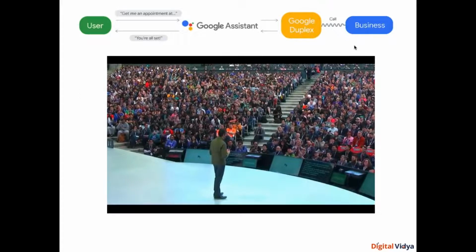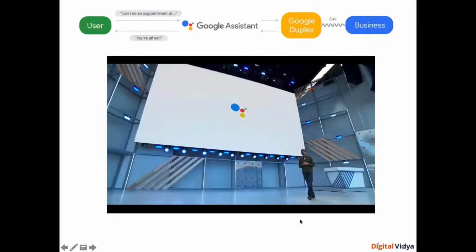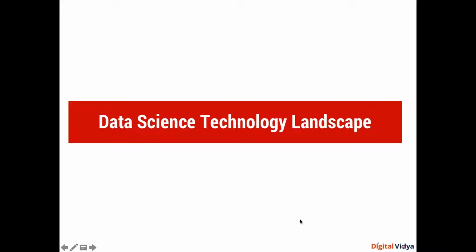Great. So I hope you just got an idea of where we are heading towards in the future. If these kinds of applications are there, what kind of jobs are going to stay and what kind of jobs are not going to stay in the industry? So till this point, my objective was that you get an idea of what is happening in this area. And now we'll take the conversation to the next level.